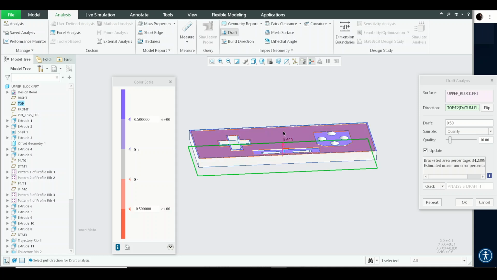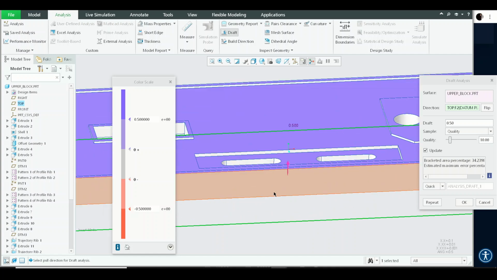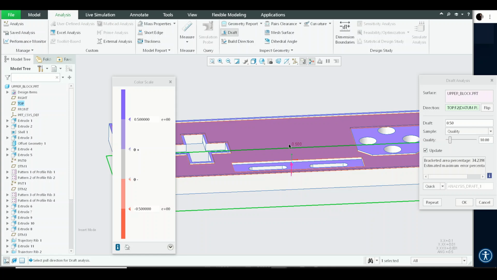Now, still if you're confused about which color I should maintain and what kind of direction I should apply, you'll be working on this regularly, then you'll understand automatically. But as a beginner, this will be very confusing. So just try to see what is the color when you're selecting the top,